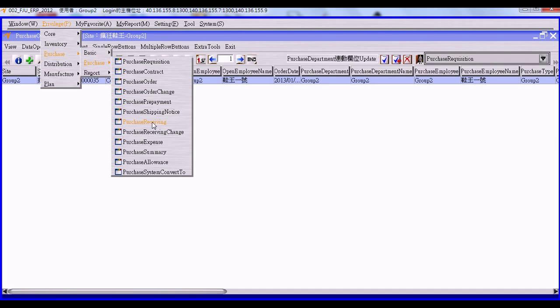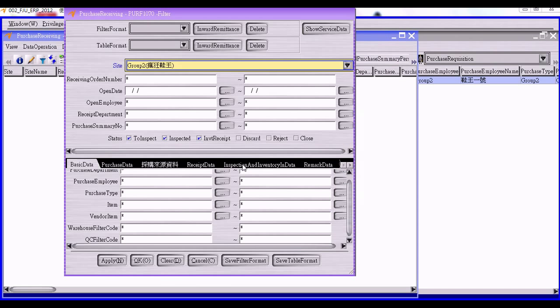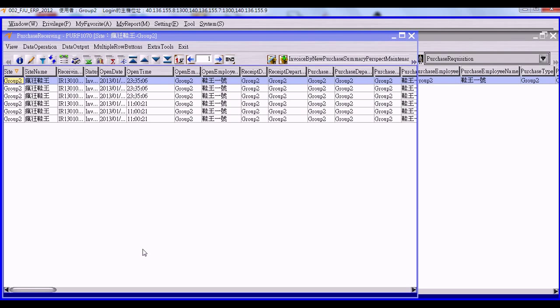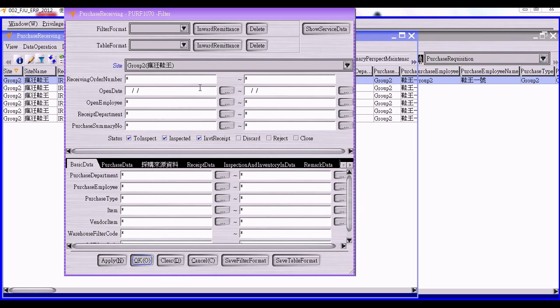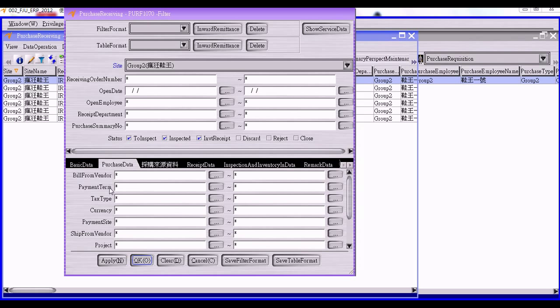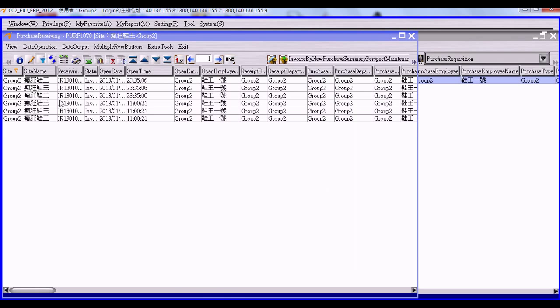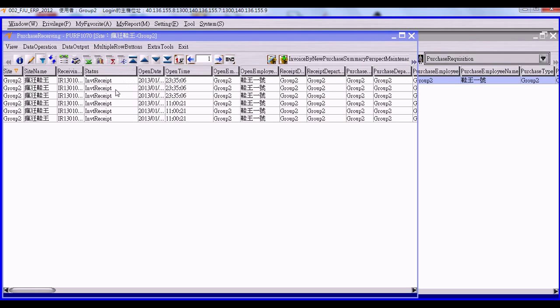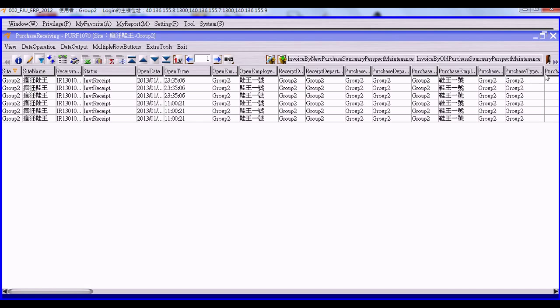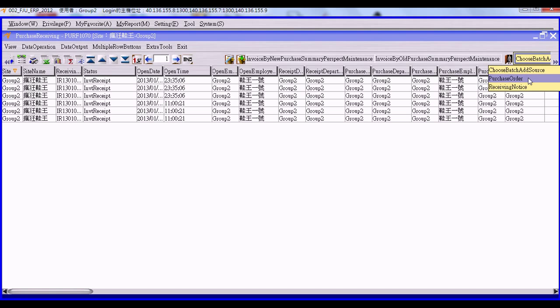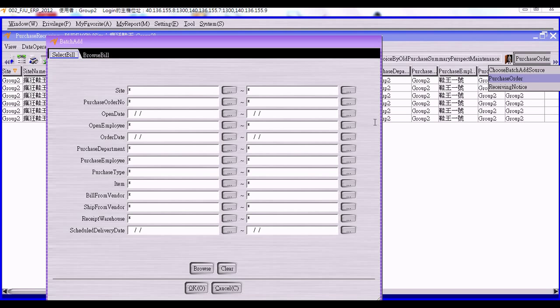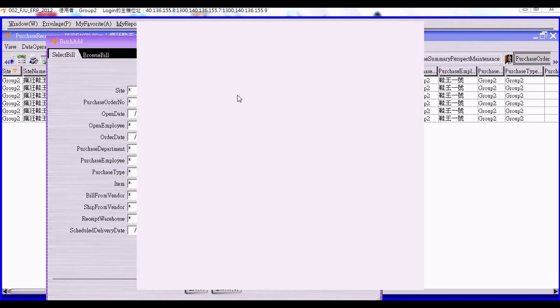Alright, next we are going to receive materials when the suppliers are going to deliver the raw materials. Suppose the supplier delivers raw material. Okay, we select maybe. Okay, this is the old purchase document. Now we select our purchase order,